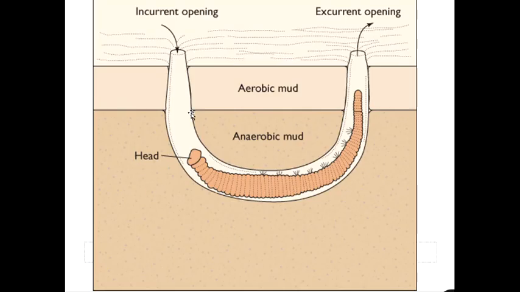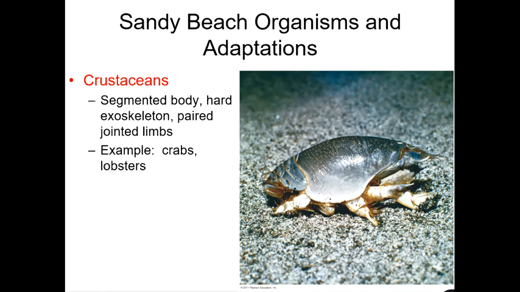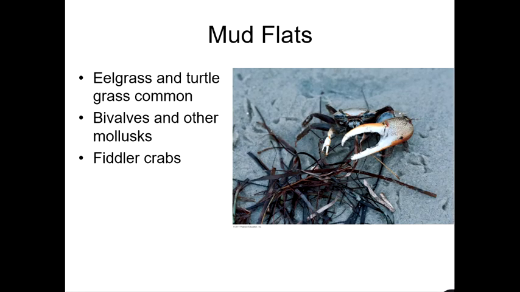Polychaete worms create burrows that have two openings. They segregate it this way, where you've got the water and food that they suck in at one hole, and then the cleaned water and poop that they spew out the other way. Heart urchins, another group that has adapted a unique lifestyle in this sandy bottom. And then all kinds of crustaceans that scoot along on the top, but also burrow in as well. Not all